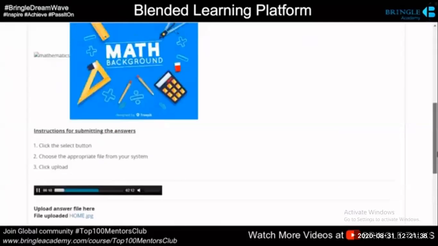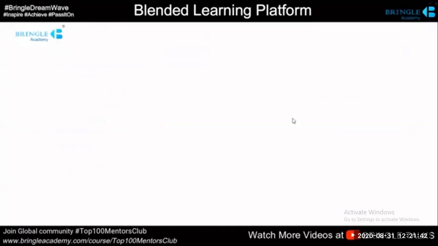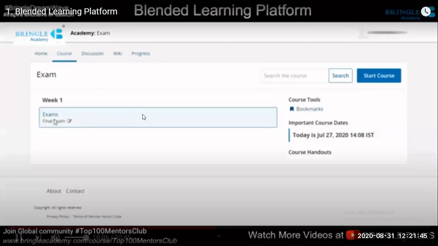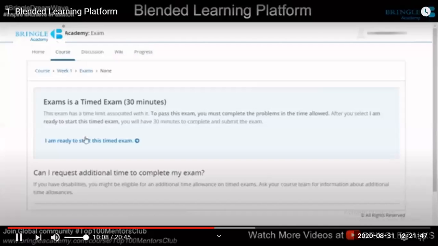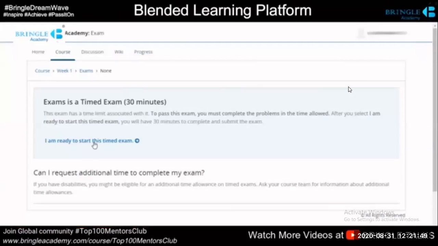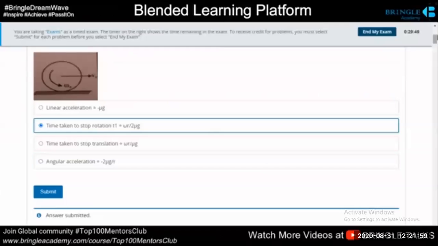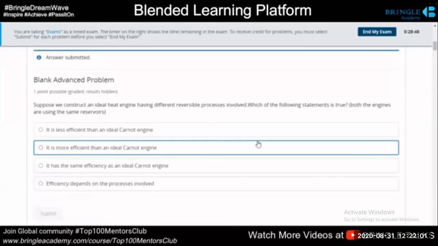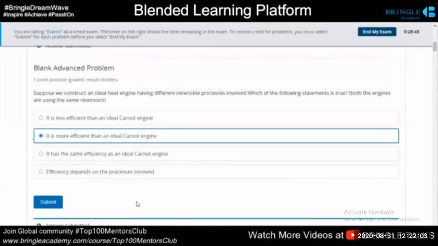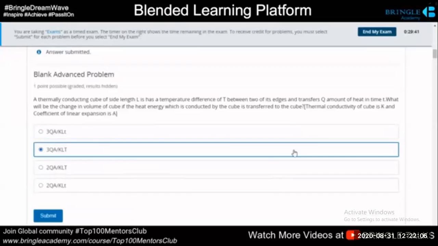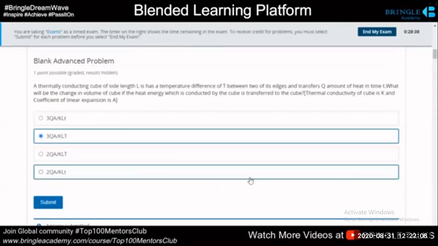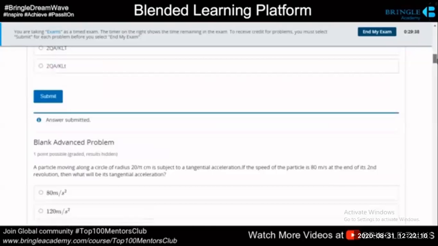The course ecosystem. Now you can also have timed exams conducted. So I'll just click on take. I go to the courseware and I'm ready to start my timed exam. The exam begins, the timer starts, and I go ahead and submit my answers as well. You can also control how many submissions are possible. It's a single submission, double submission, or unlimited submissions. Everything can be very easily controlled.